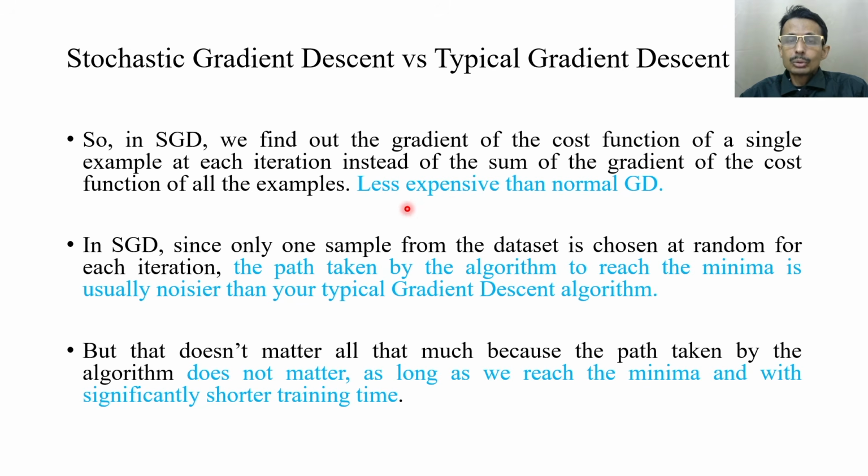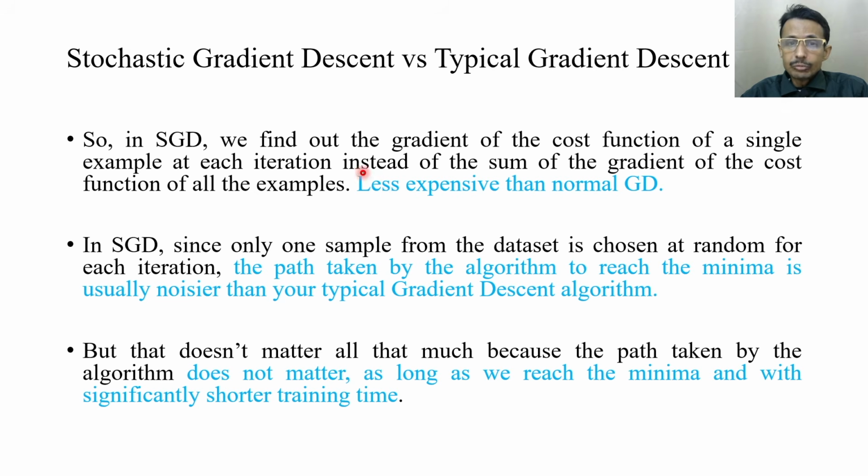If we go to this local optimum, the path may not be as straightforward as in full batch gradient descent. So the path taken by the algorithm to reach the minima is usually noisier or more random than your typical gradient descent algorithm. But as a whole,